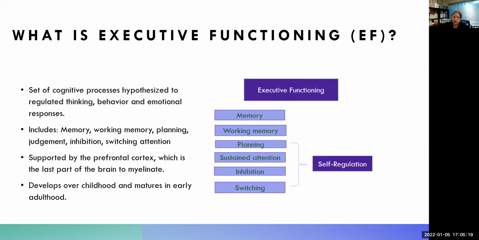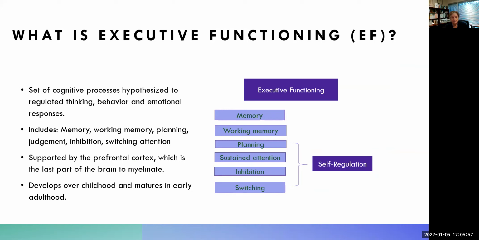Executive function is one of the ways in which most of us achieve appropriate state regulation. This is a set of cognitive processes which we hypothesize to be the basis for regulation of thinking, behavior, and emotional responses. We include in executive functioning memory, working memory, planning, judgment, inhibition, and the ability to switch attention or cognitive flexibility. Those things which are most relevant for the issue of self-regulation are planning, sustained attention, inhibition, and